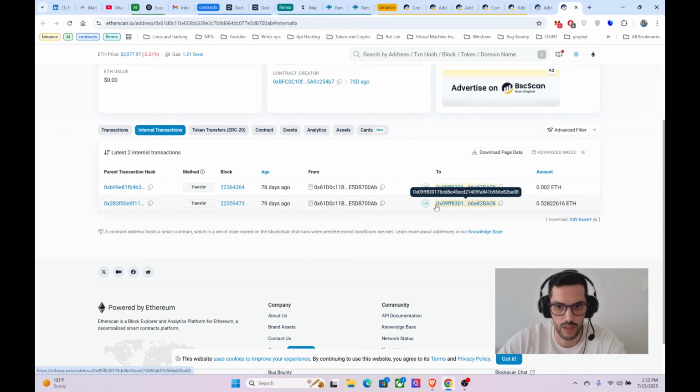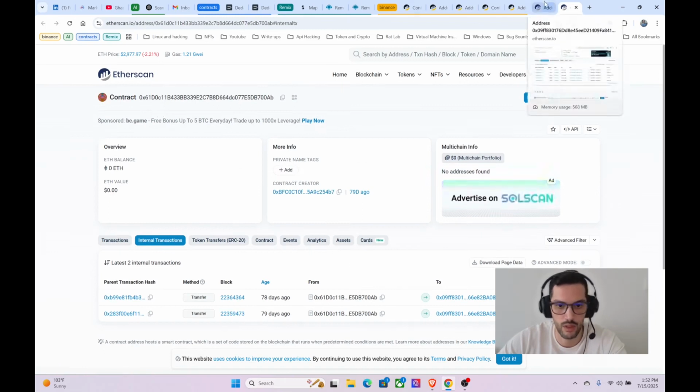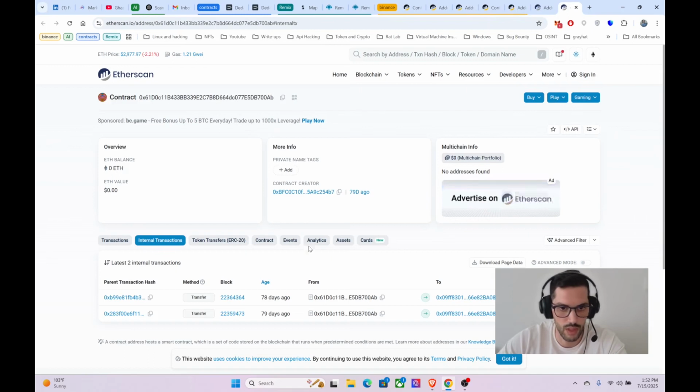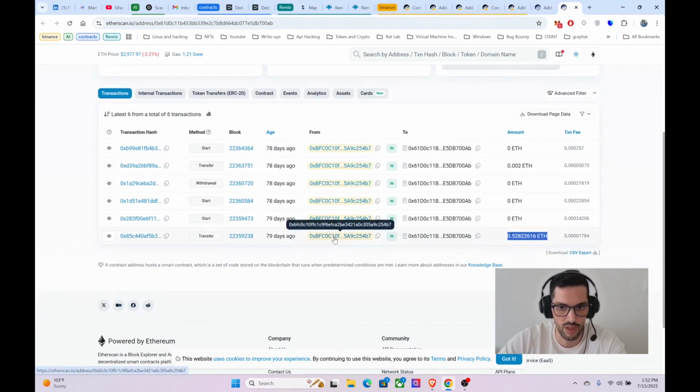This indicates that this address is an address of the scammer, and this is the contract, or what? This is a contract. Yeah, it's a contract, and this is the address of the victim.